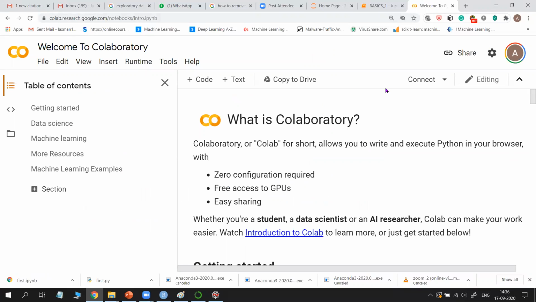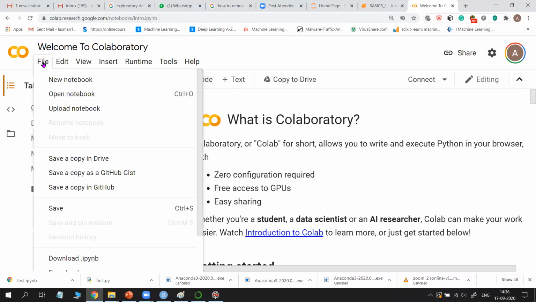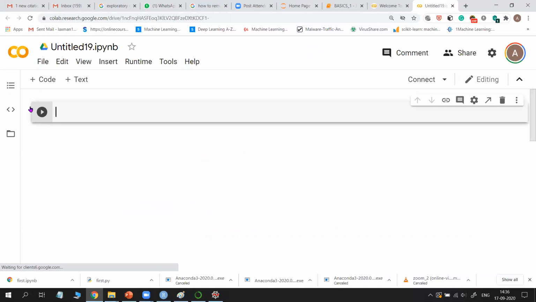If you are using Google Colab for the first time, it may ask for a mail ID. Just give the mail ID. And how to do coding? Similar to the Jupyter Notebook. Just file, new notebook. See, the appearance is the same. Google Colab is similar to Jupyter Notebook only. See here, the same environment. Print some hi and run it. For run, a special button is given. Click it.